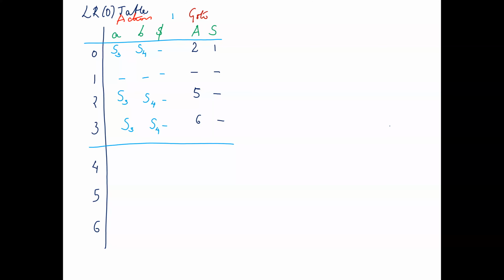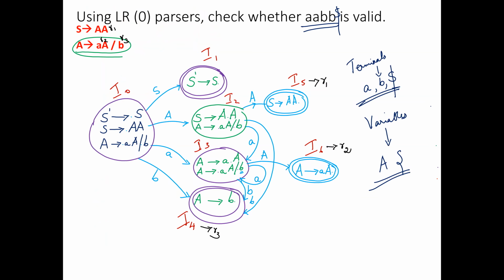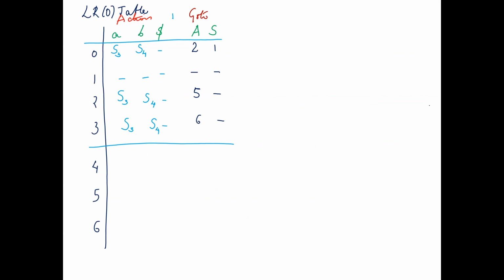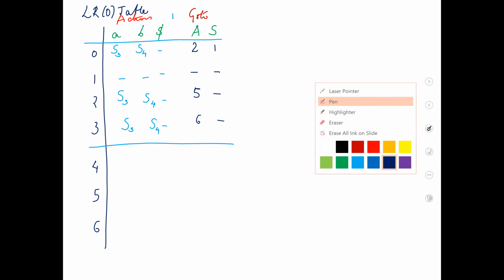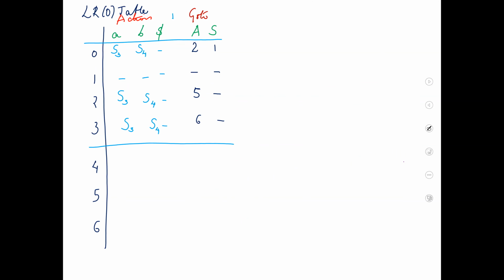Come to 4, 5, 6, the final 6. Now, if you look at your picture, 4 is a final state, which is actually R3. So in this part, you will write R. Which rule does it correspond to? I'll write R3, R3, R3 here. You have 3 things over here, and the dollar also gets R3.